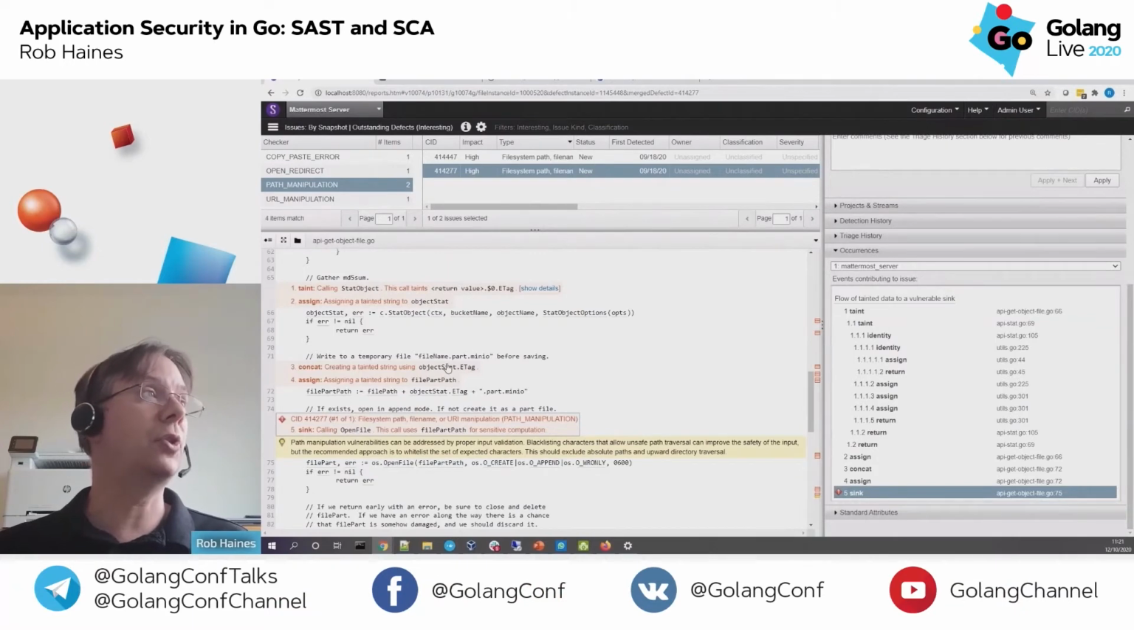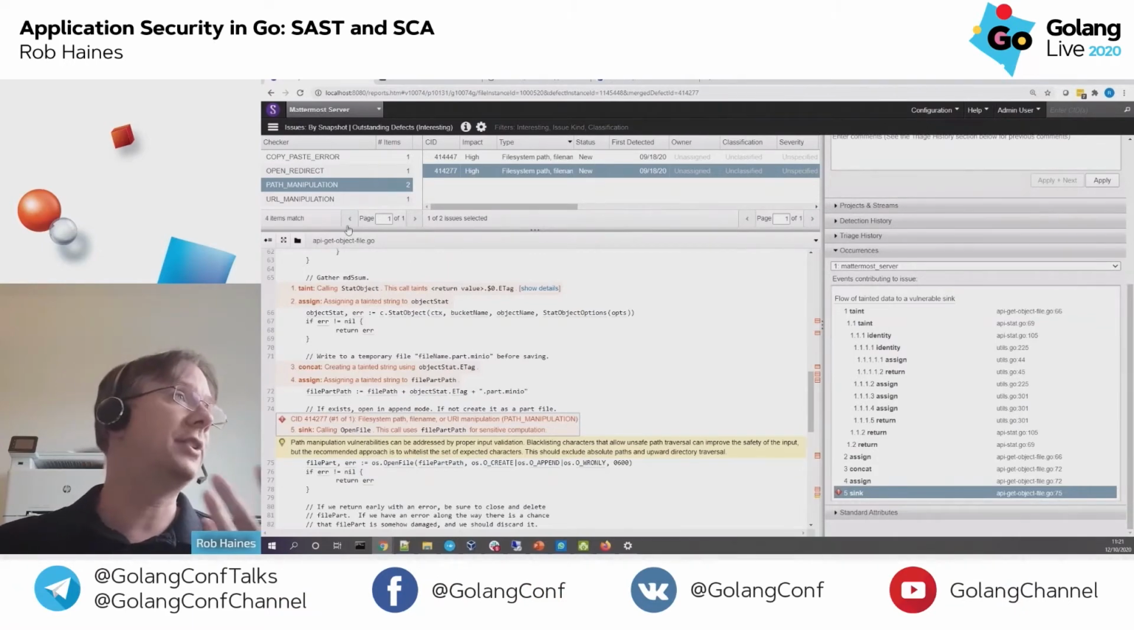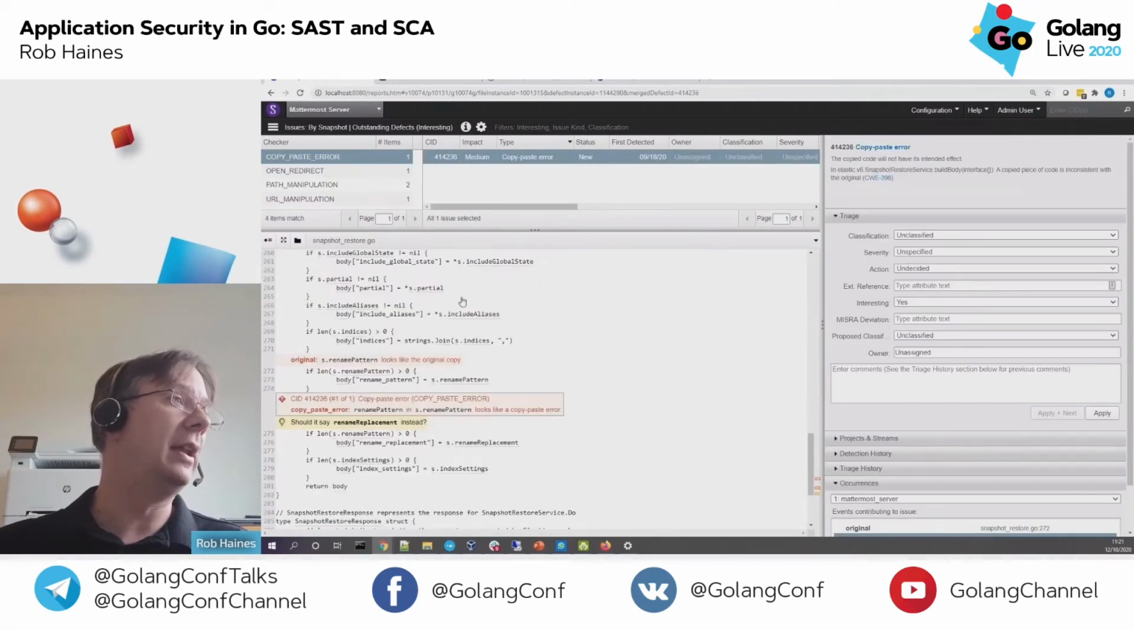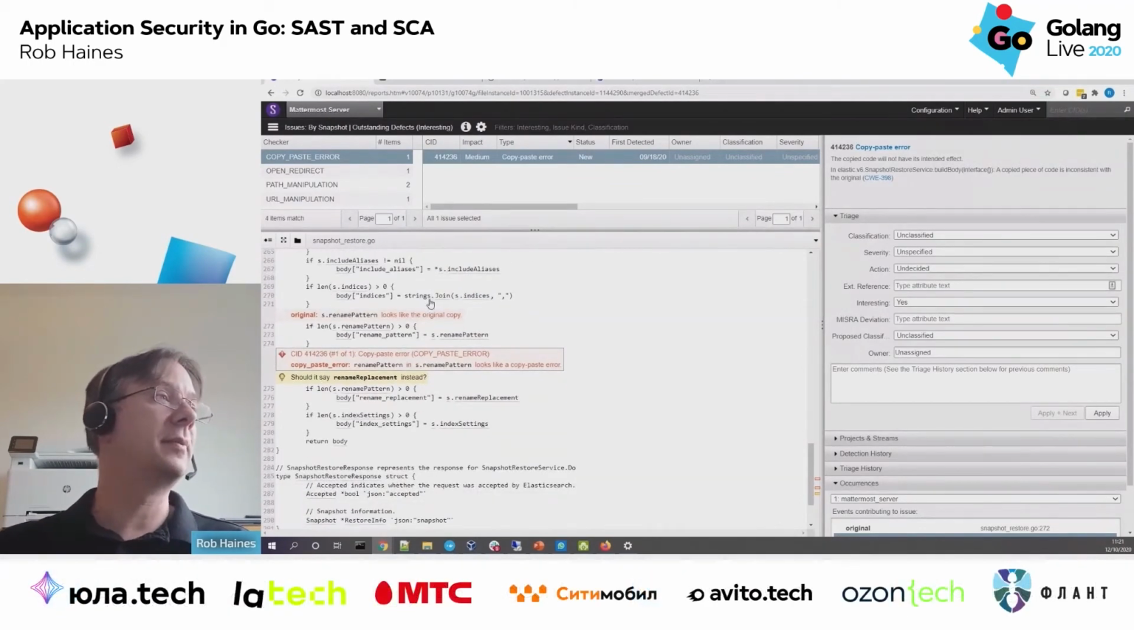Now, commercial tools also have quality linters as well. And I always like to show this because developers love it. I used to find these sort of problems all the time, and that's what we would call a copy and paste error. Now, I've had a look to see whether there's an equivalent linter already for Go. There are some similar ones, but nothing that quite looks like this. So you can see here that we have a piece of original code, and it's got rename pattern here, and then rename pattern here. But we've copied and